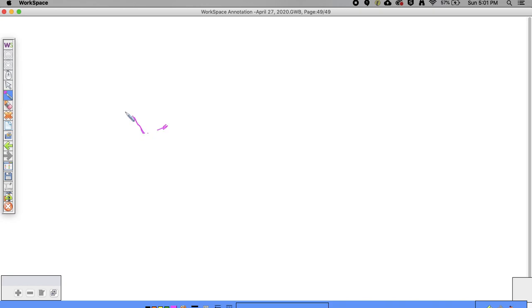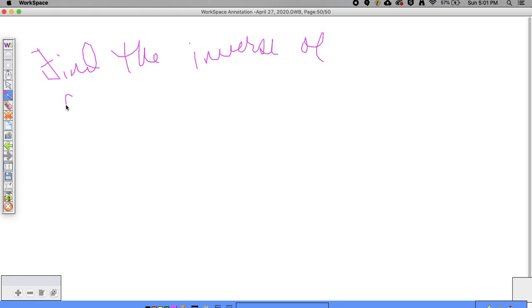Let's get crazy. We'll go to a new one. So I want to find the inverse of f of x equals x plus 2 squared plus 1. Okay? So if I were to look at this graph and I asked you guys, what's the